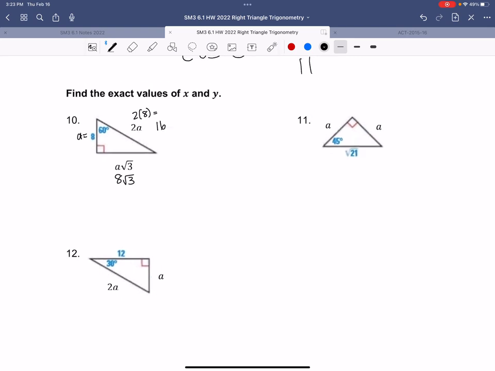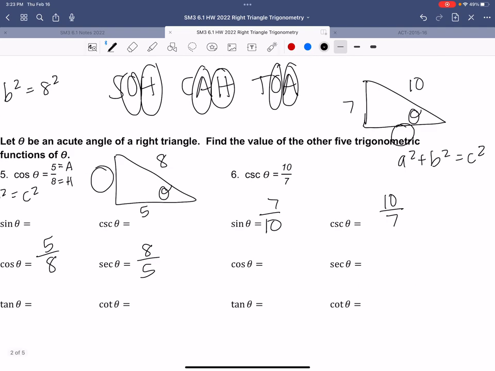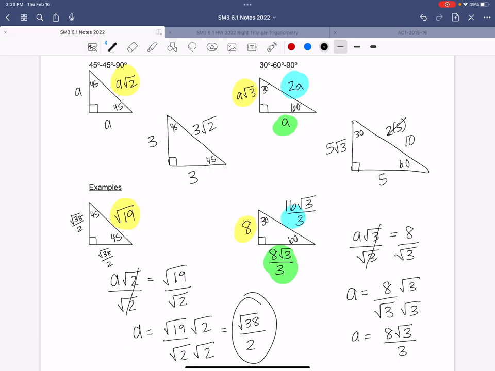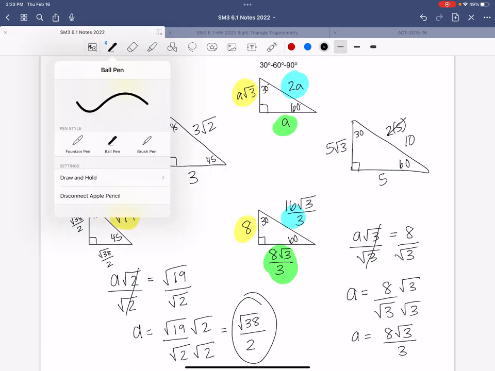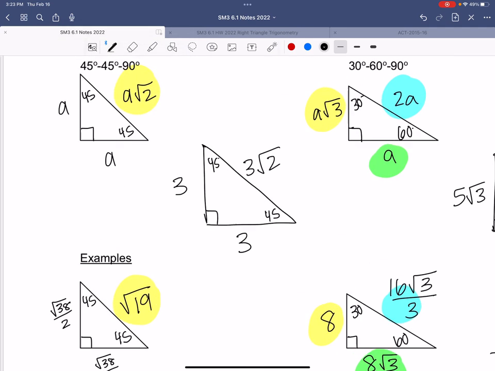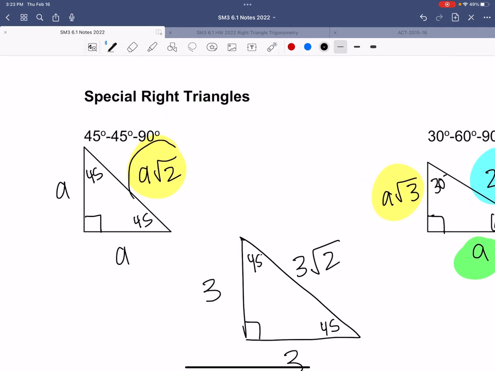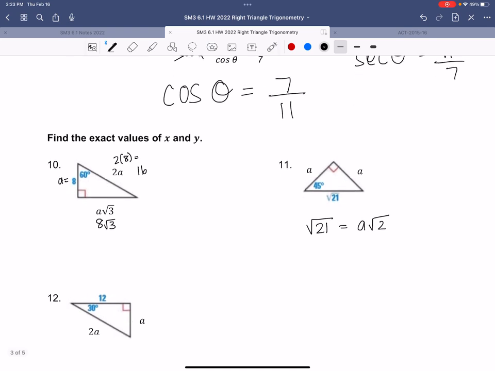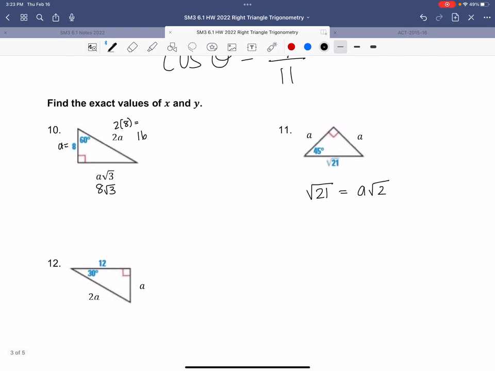On 11, I gave you this side. Let's see what that's equivalent to. So it's a 45, 45, 90. So over on your notes, let's look at the 45, 45, 90. I gave you this side. So I gave you a square root of 2. So you would say this is equal to a square root of 2, and I want you to solve for a. Okay. For 12,